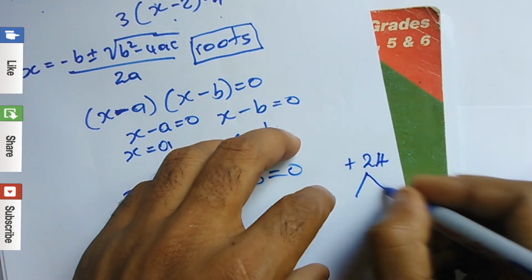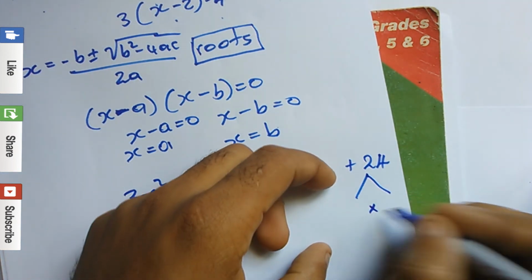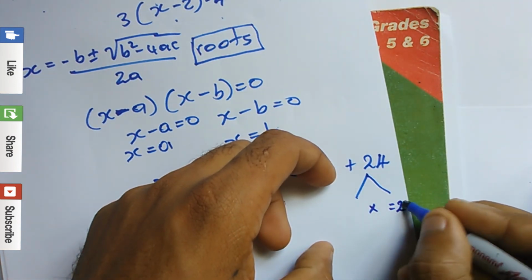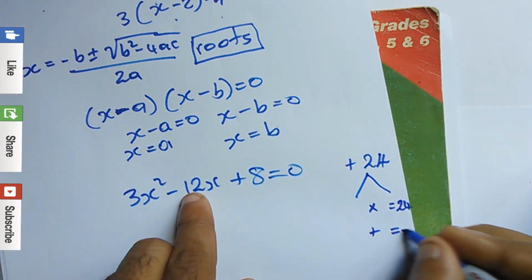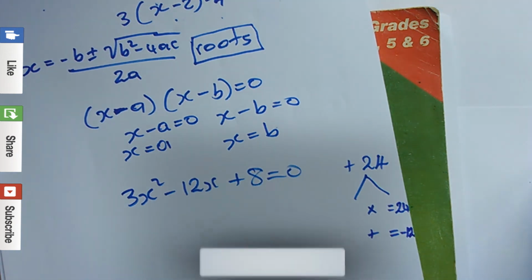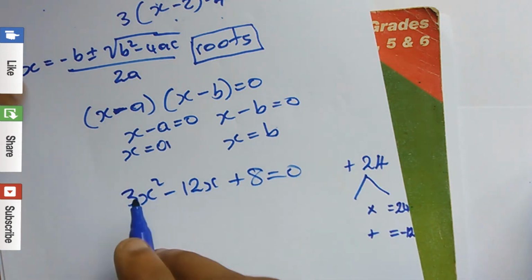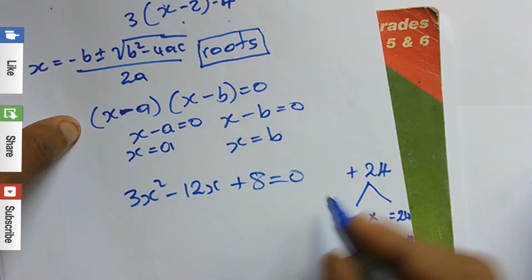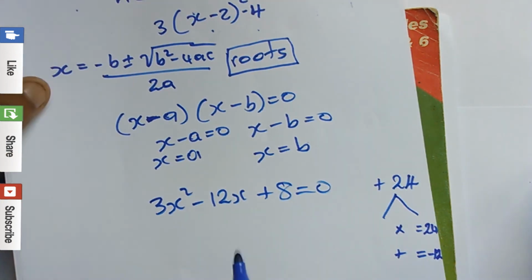I need two numbers or two factors. When I multiply them, I should get positive 24. But when I add them, I should get negative 12. Now, you could check all day to see whether or not it can be factorized, and you're not going to. You cannot factorize this. So what I'm going to do is use the quadratic formula on this, because